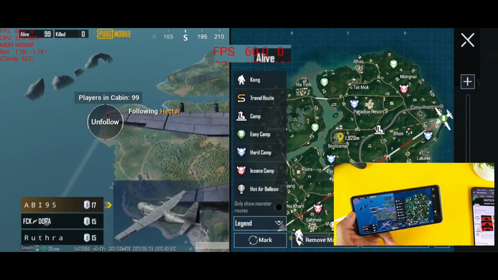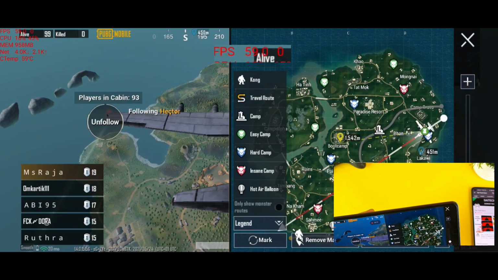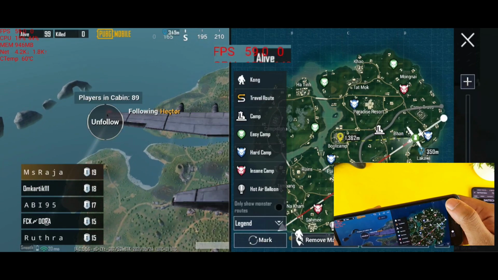So let's see, friends, this time how the results will be in terms of the FPS count. I'm very curious to see.